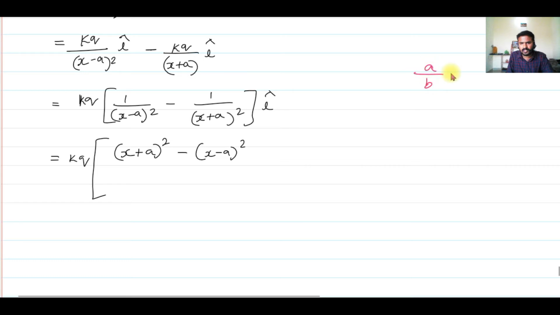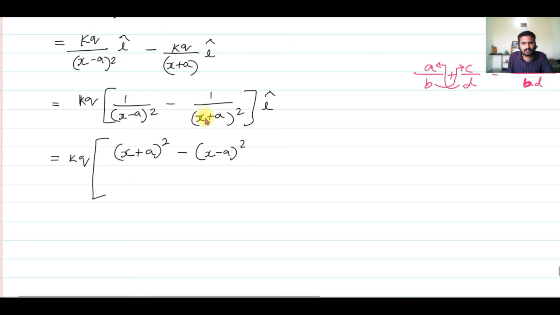If I have a by b plus c by d, this can be written as a into d plus c into b divided by bd. Simple method. Take this d and multiply with a, and put whatever sign you have here. If you have a negative sign, put it as a negative sign. If you have a positive sign, repeat the same thing here, positive sign, and then take this b and multiply with the c. Okay, so bc or cb both are the same, whole divided by the denominator multiplied. Sorry, this is bd. Okay, denominator has to be multiplied. So ad plus bc divided by bd. So that's how you write.